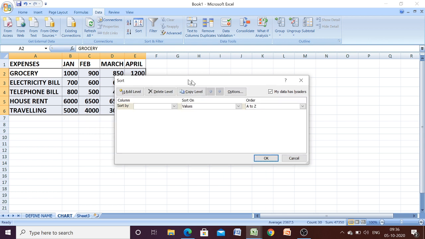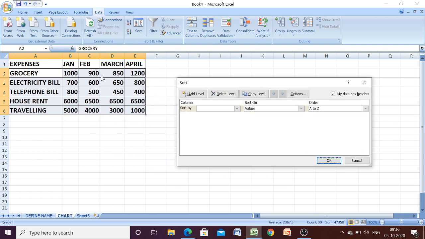Now you will be asked on which column you want the data to be sorted. I want the data to be sorted by column B. Here we know that every cell has a unique address. So we want the data arranged as per column B. Here you have to mention that we want to sort the data by column January. And how do you want the sorting? It should be ascending or descending. So let it be ascending order, and let us click OK.